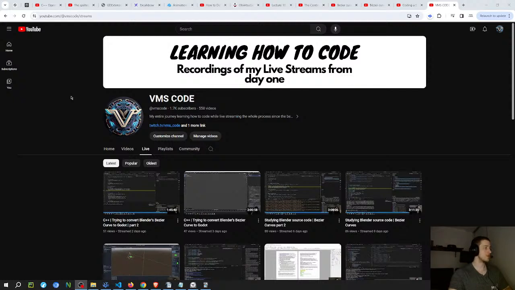I was going to start streaming earlier today, but I was watching a bunch of videos and there's a bunch of stuff to learn. So I'm trying to make a Bezier curve in 3D on Godot. Initially I was trying to do it with Blender, like transfer the curve from Blender to Godot. But now I think I'm going to try to build it just based on